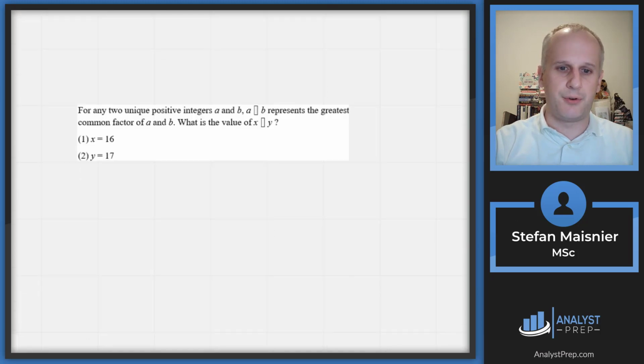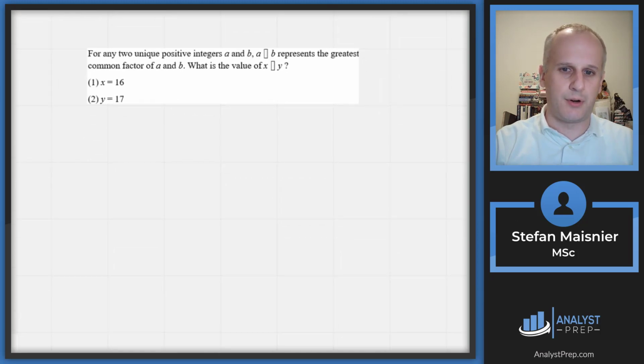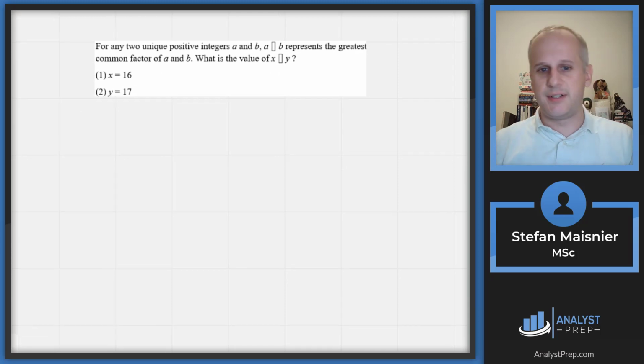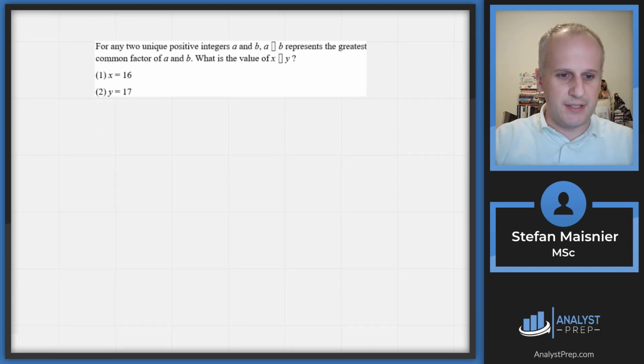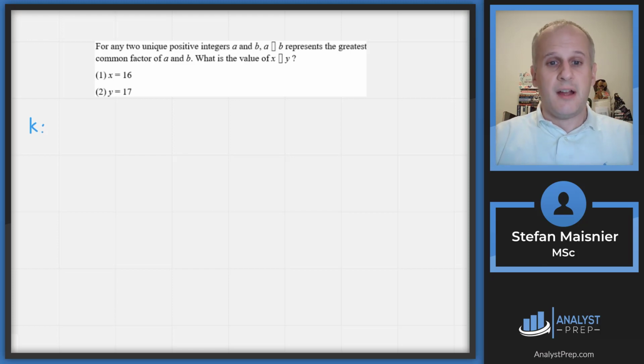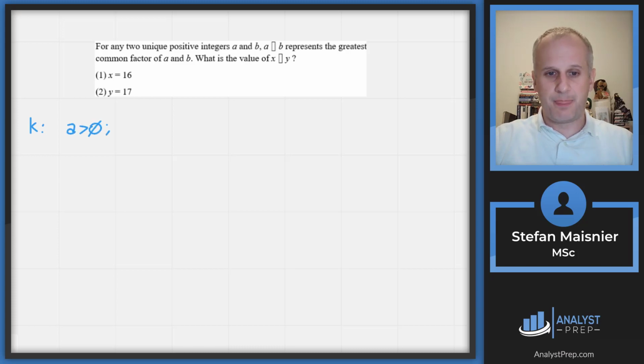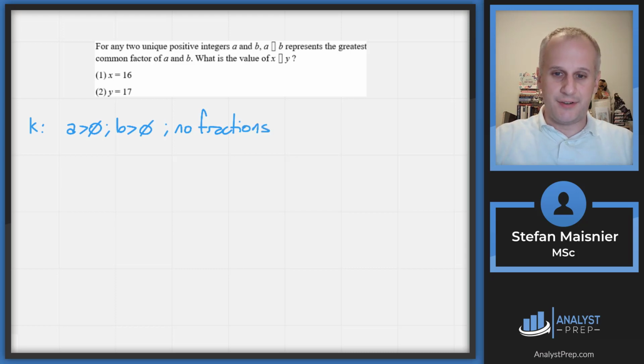Now we will scroll on down and take a look at one more example here, and we've got a weird symbol. So, data sufficiency, and as always, we set up with what we know. We start with, for any two unique positive integers a and b. So there's a lot to unpack here, believe it or not. First, we know that a is greater than 0. We know that b is greater than 0 because they are positive. We know that there are no fractions because it says they are integers, and we know that they are unique,